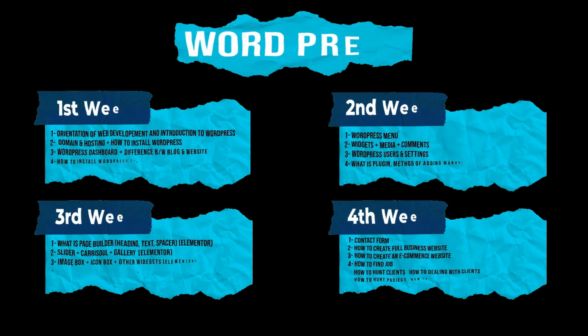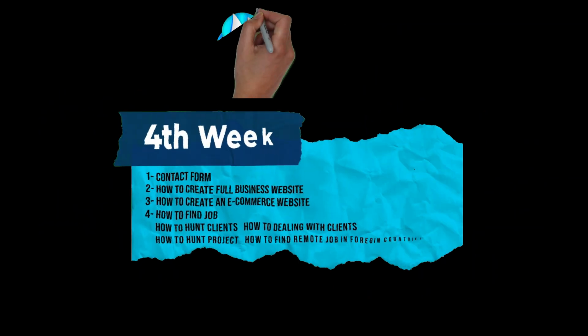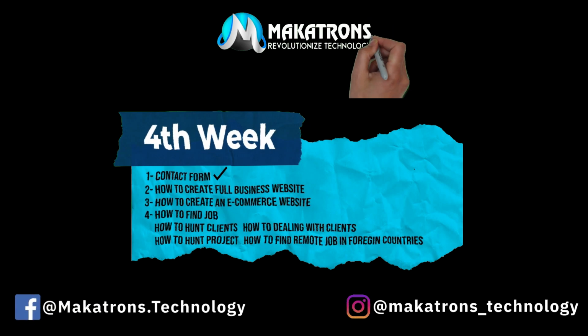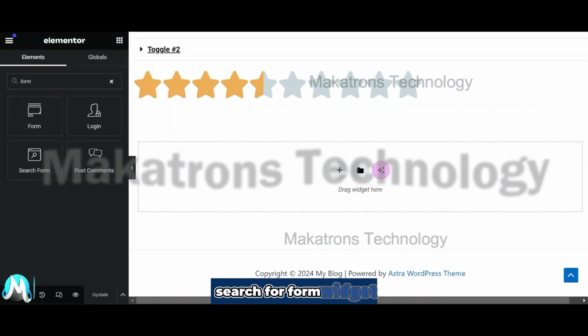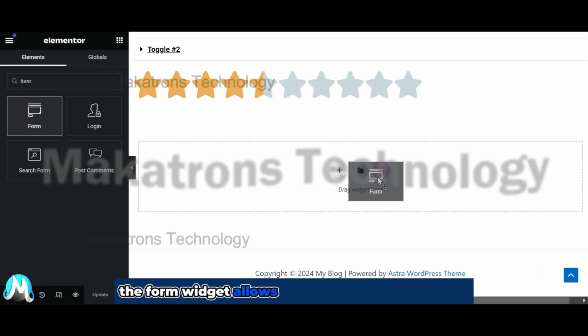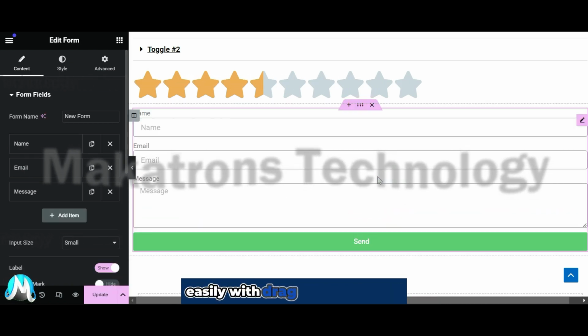WordPress course outline. Contact form. Search for form widget. The form widget allows you to create custom forms easily with drag and drop fields like